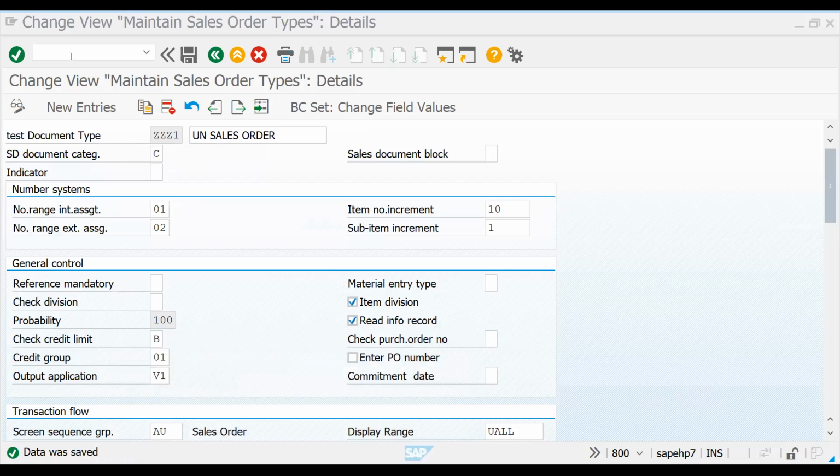See, it is giving. Let me try to save. See, it will not allow you. The credit limit has been exceeded by this, right? So now let's go to